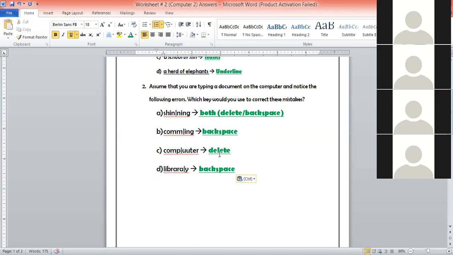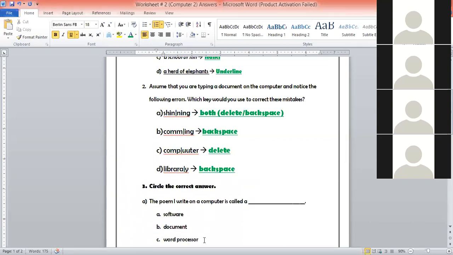But the difference is that backspace erases towards the left side, and the delete key erases the data on the right side. So this is the basic difference. Backspace left, delete right.